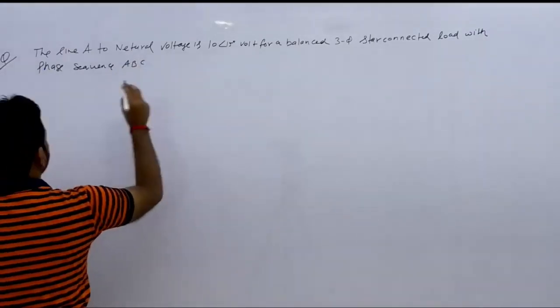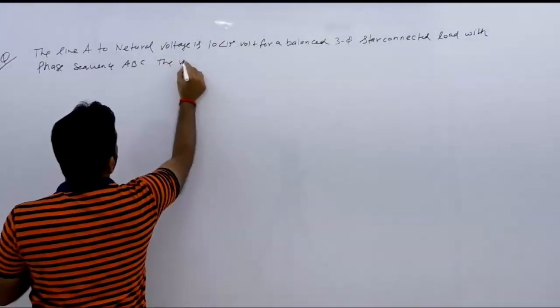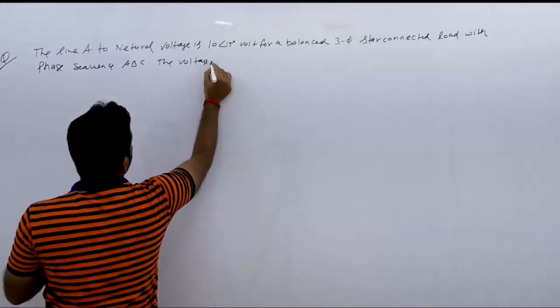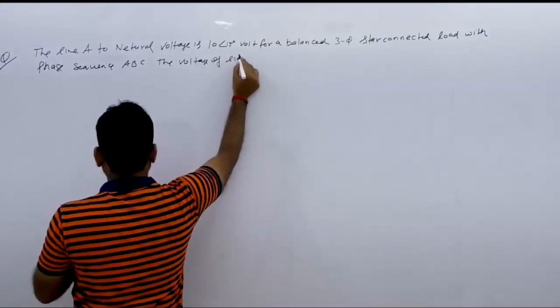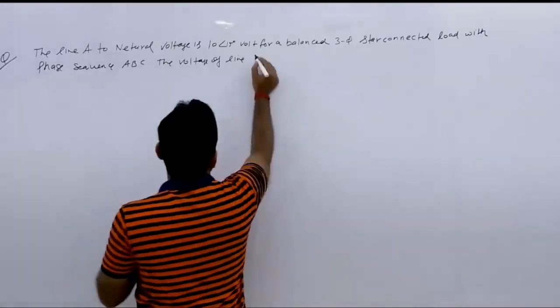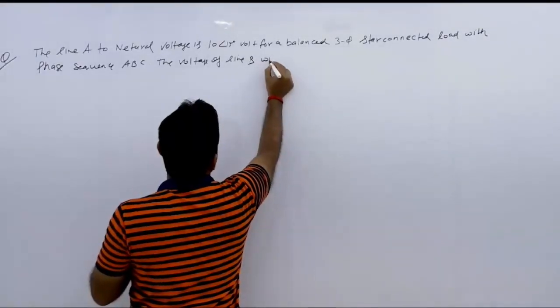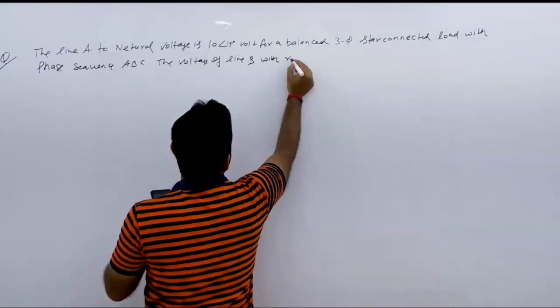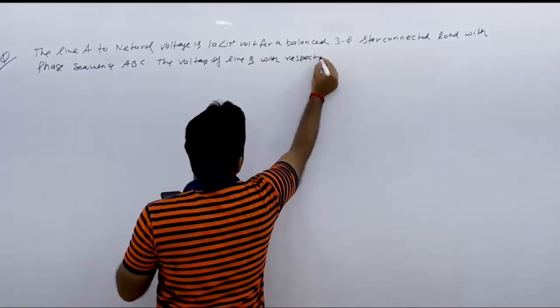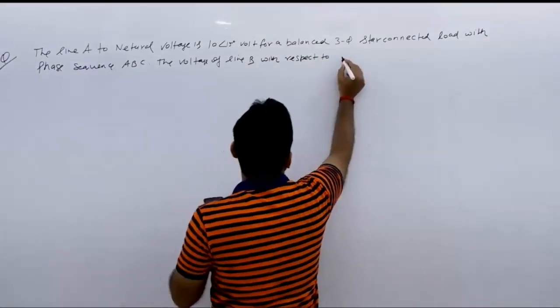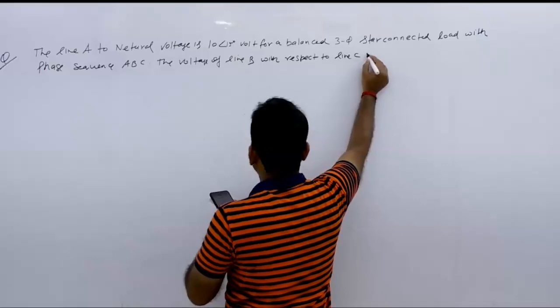Now the voltage of line B with respect to line C is given by